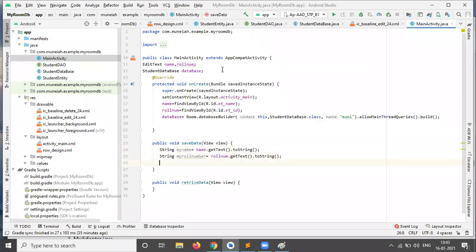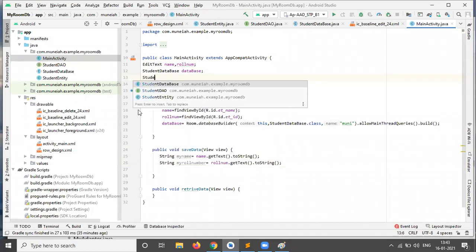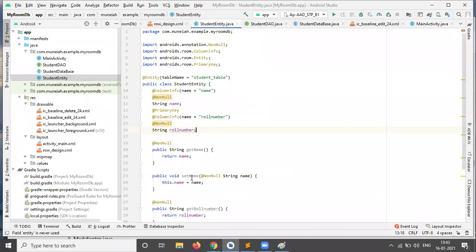Then you can initialize the student entity class, because in the student entity class we need to put the data. Open the student entity class. We need to set the name and the roll number.